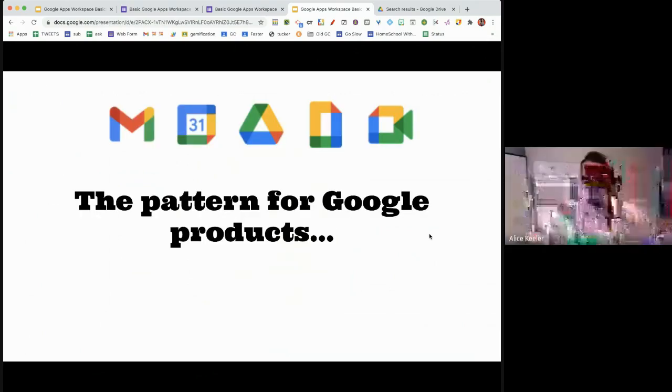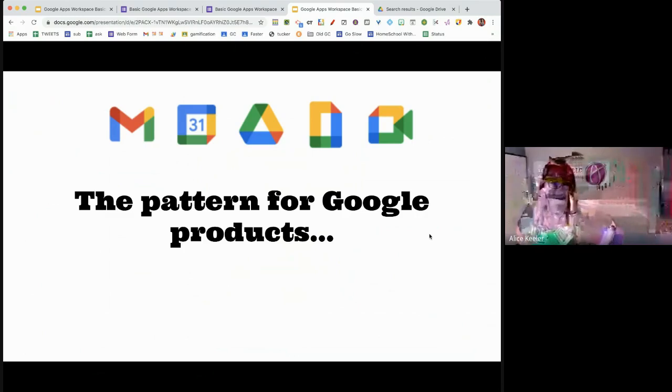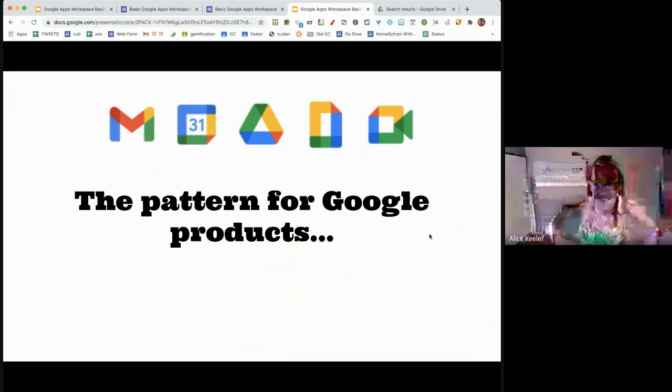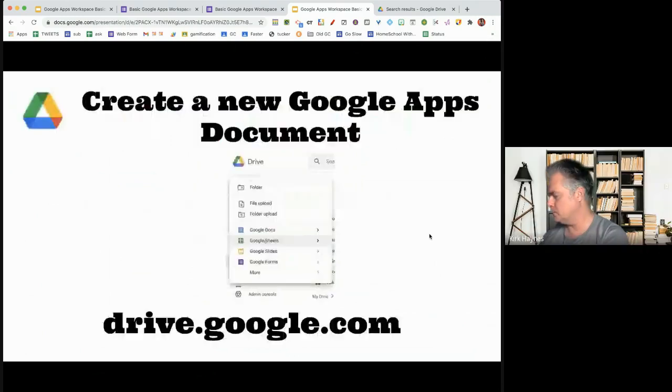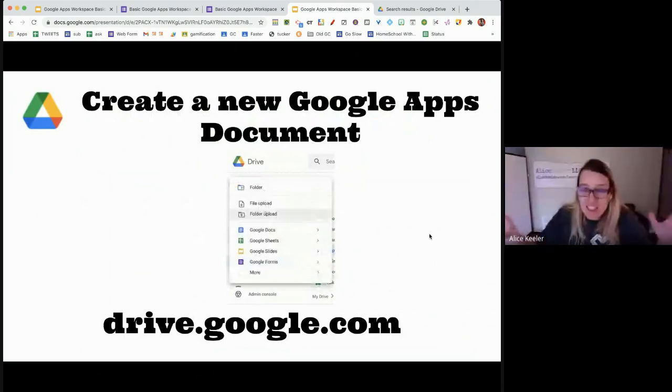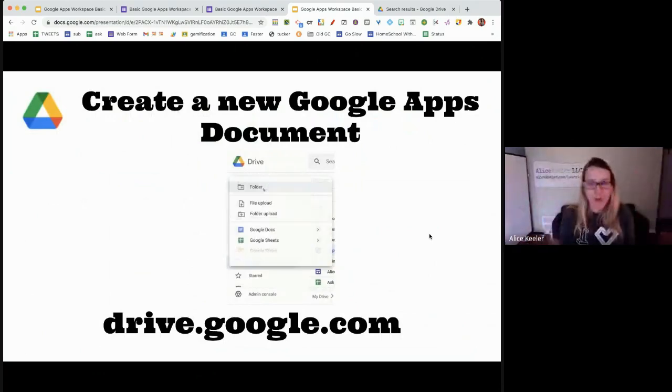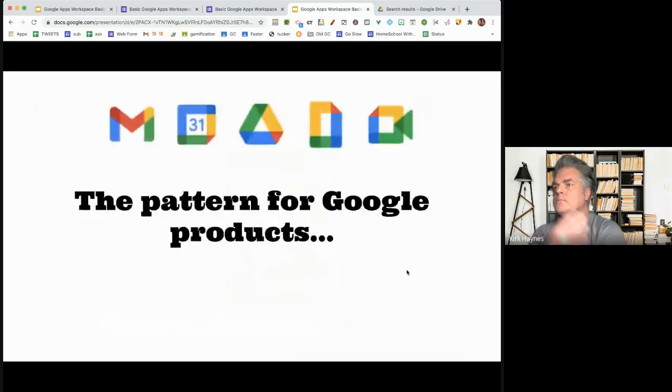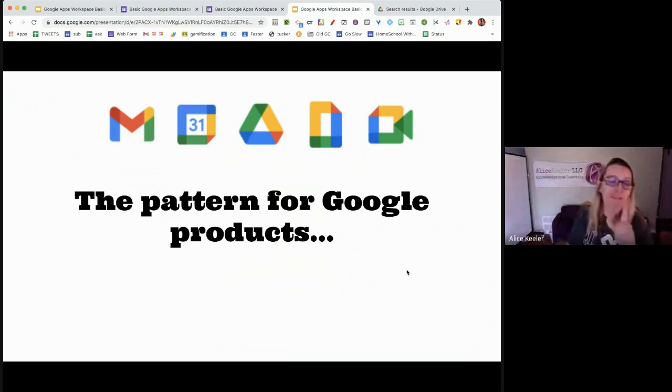Okay, so the pattern for Google products. And I think it's important to recognize this because our hub is drive.google.com. You should make this your homepage. Like if you open up the internet, it should go to Google Drive. That's where all your stuff is. Pick up where you left off. I, by the way, don't do that, but still good advice. But so how would you find the Google products? So the pattern is